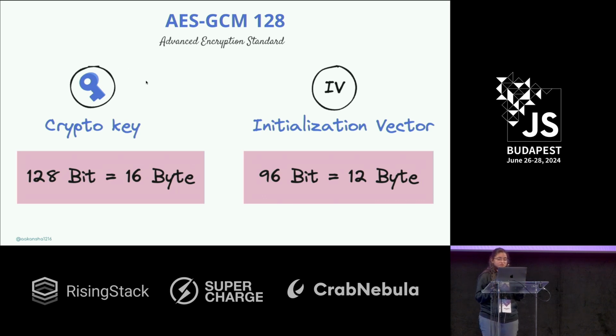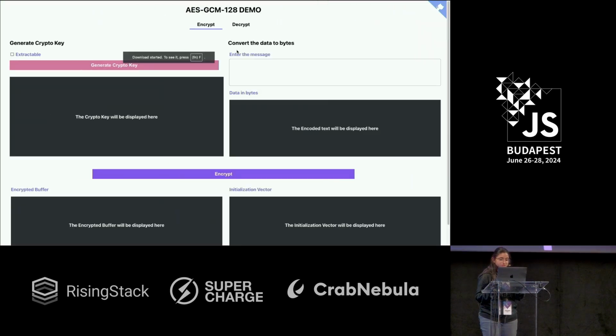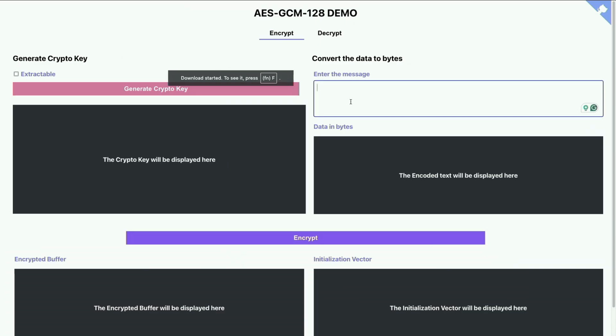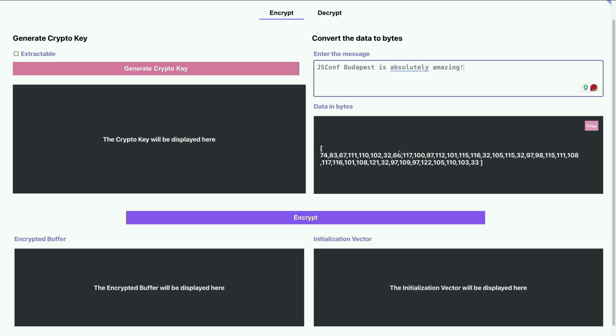So let me just go to a quick demo for showcasing how this algorithm works. Let me type in a message again. JSCon Budapest is absolutely amazing. And you can see this is the data in bytes which you are seeing. It's basically the bytes representation of the content.